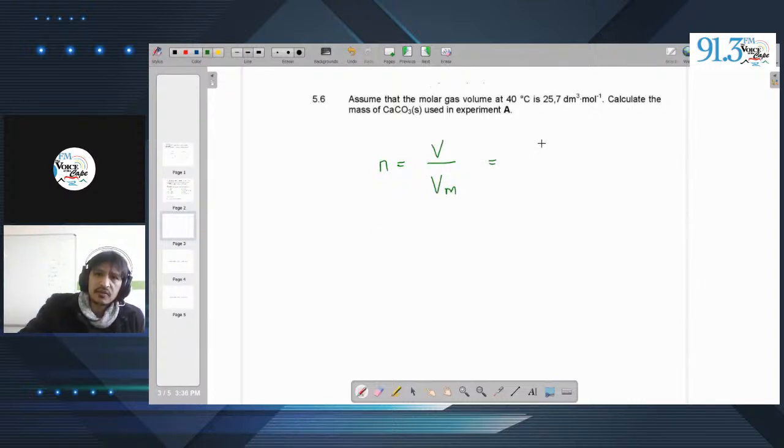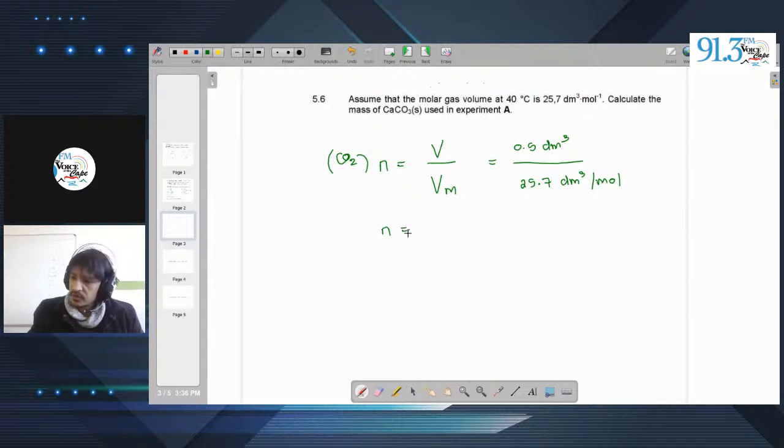And we know that the volume of carbon dioxide produced was 500 centimeters cubed. We convert that to decimeters cubed, so that's going to be 0.5 decimeters cubed, right? We divide that by our 25,7 dm cubed per mole. Remember, this is for carbon dioxide. And we find that the number of moles is going to be 0.5 divided by 25,7, which should give us a